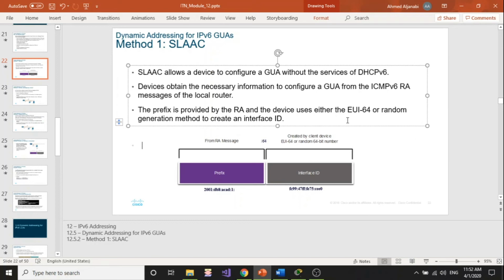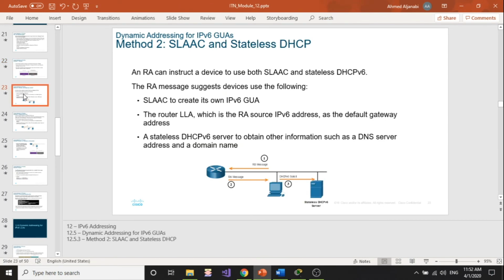Well, again, we're going to talk about those two techniques later. But just remember, the router will provide you with the 64-bit number and the prefix number here. Your device has the responsibility to generate the interface ID, which could happen using the MAC address, or by randomly generating that part. And this is SLAAC. Now, when you use SLAAC with stateless DHCPv6, basically the same thing is going to be repeated,